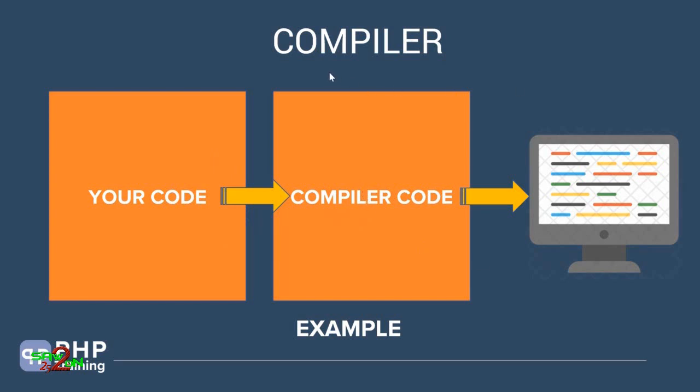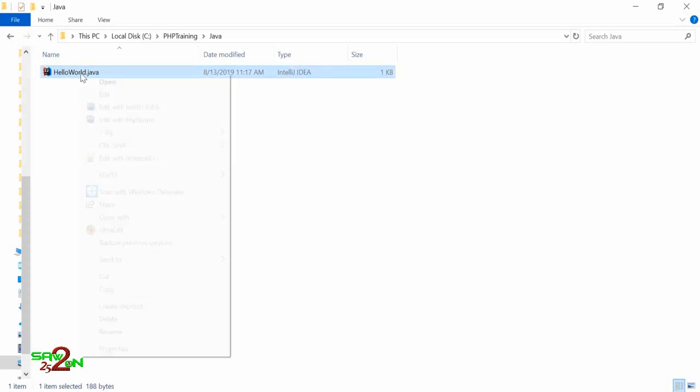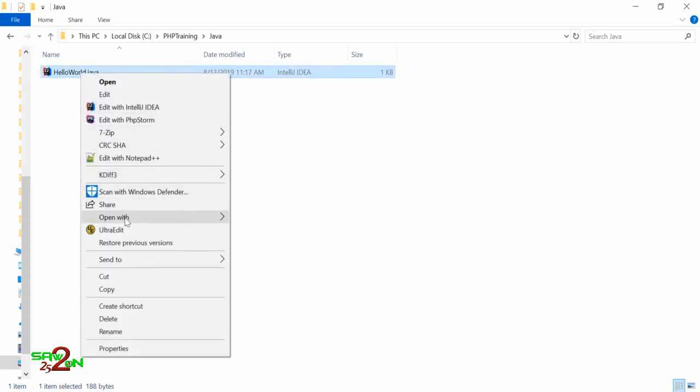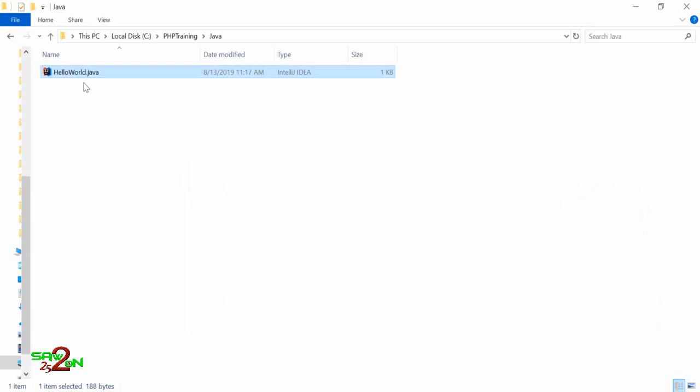That's the programming languages like C, C++, and Java, where you write the code but you cannot execute that code. You have to compile it first. Then once you compile, you get something called machine level code, and then you execute that machine level code. Okay, so let's look at an example. Let's understand how to compile a Java program. Okay, so I have this Java program. Let's open this up, open with Notepad. Okay, very simple Java program to print hello world, right? But you cannot execute this code. Okay, you have to compile this. When you compile, you get something called machine level code, and then you execute that code.